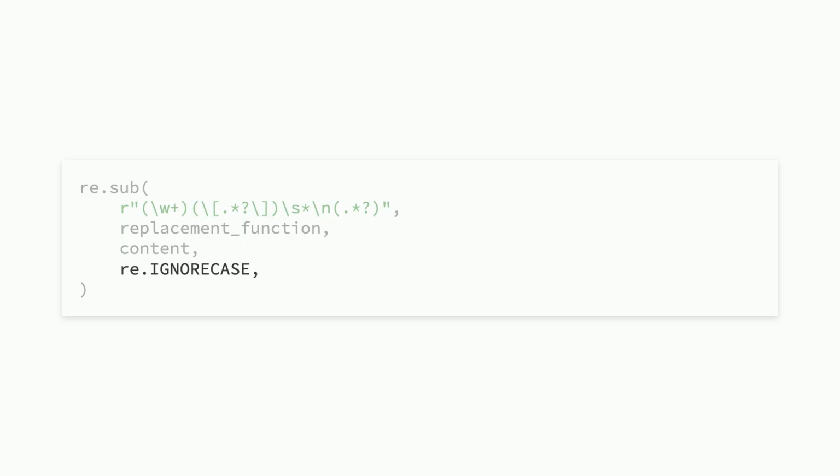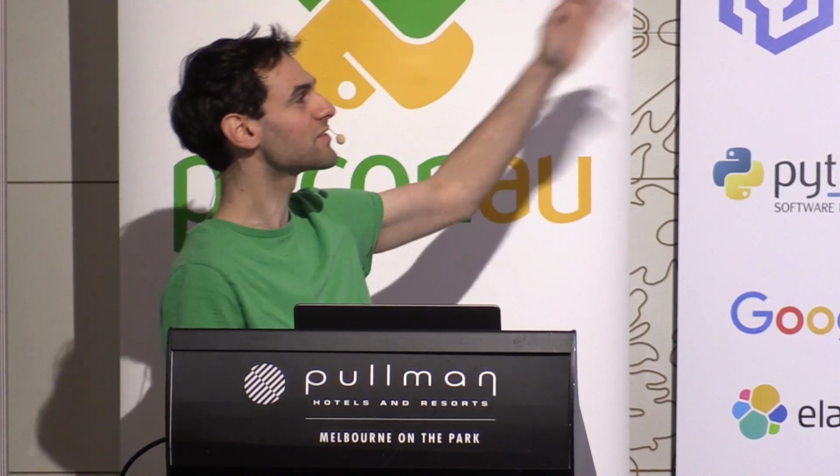One is that you can't really know this without actually knowing the function definition off by heart. And the other is that there's all of this complexity around it, right? You have to be like, oh, is the regex correct? What if the replacement function is wrong? What if the strings are in the wrong order, right? And so the real problem here is the way that re.IGNORECASE is being passed in.